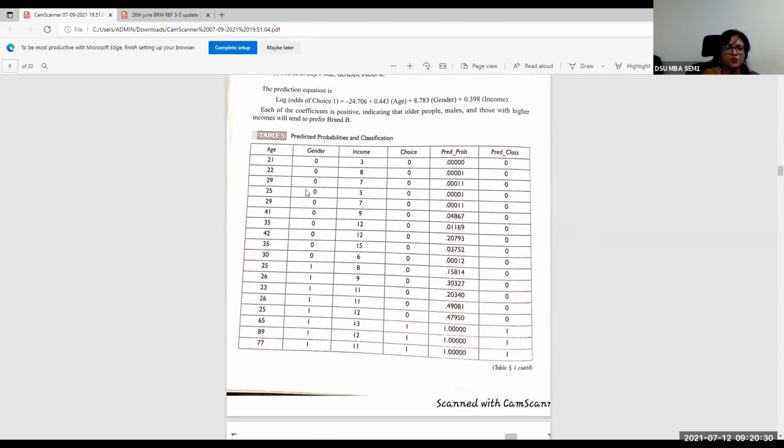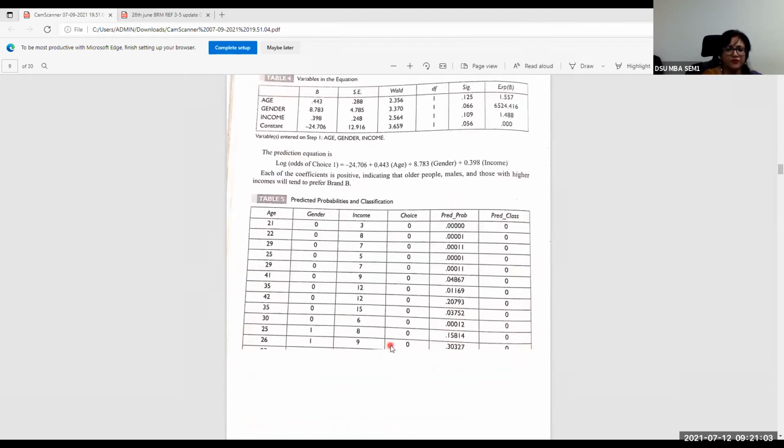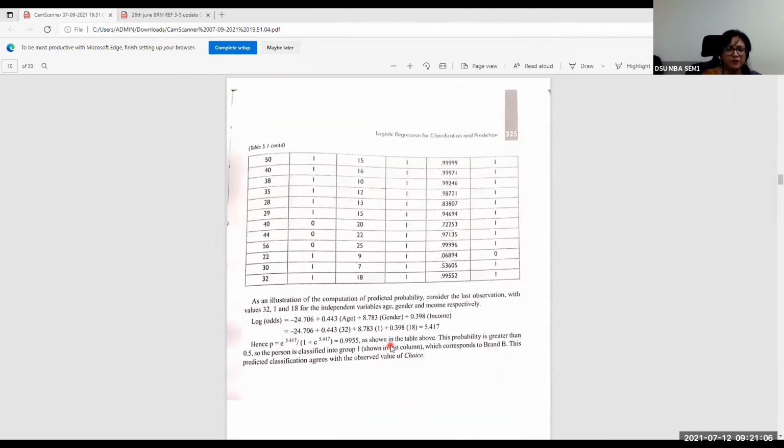Similarly, for each of the respondents, once you have the input data, which is your gender, age, and income, let me just point it out here with the spotlight. So this is your equation and this is your constant. This is your coefficient of age, gender coefficient, and the coefficient of income. So these three, age, gender, and income, are the independent variables defining the choice of the brand into either 0 or 1, the probability of choosing.